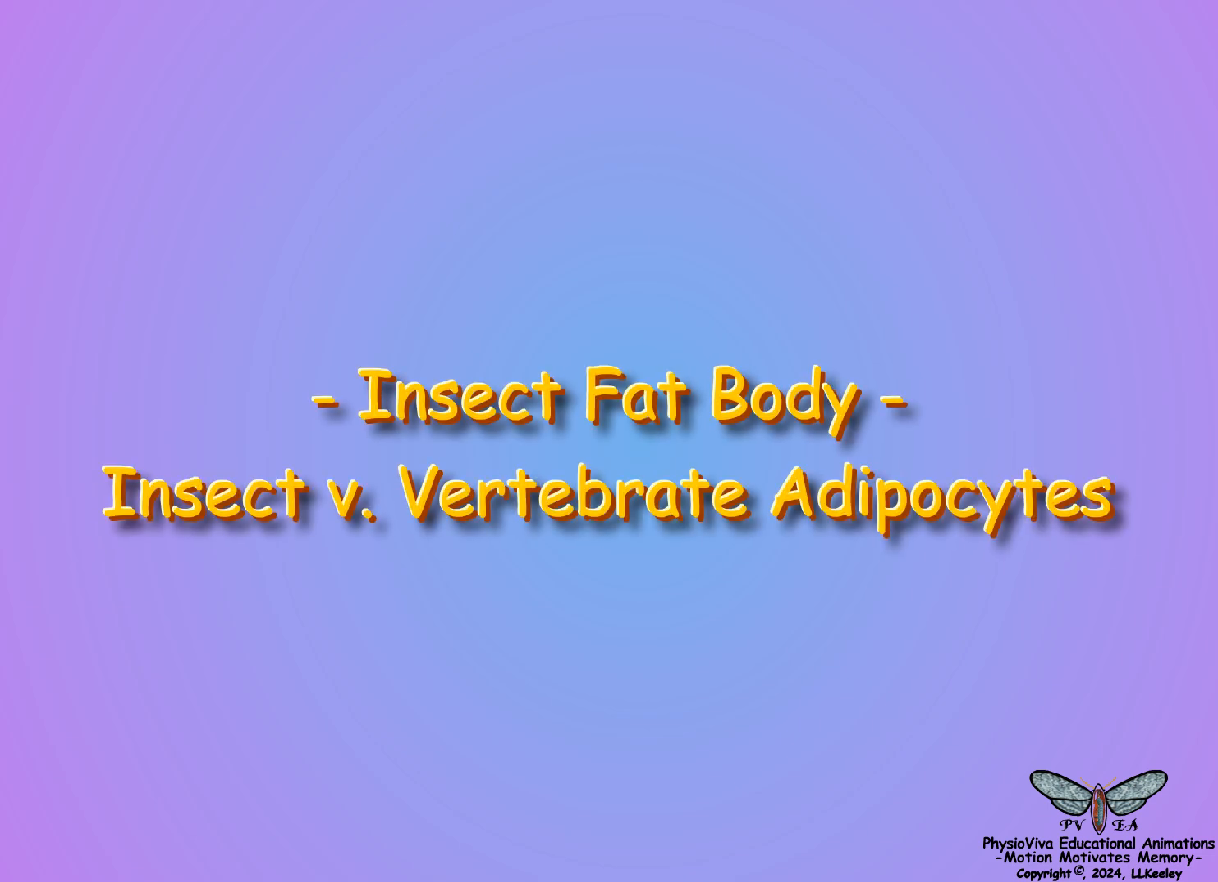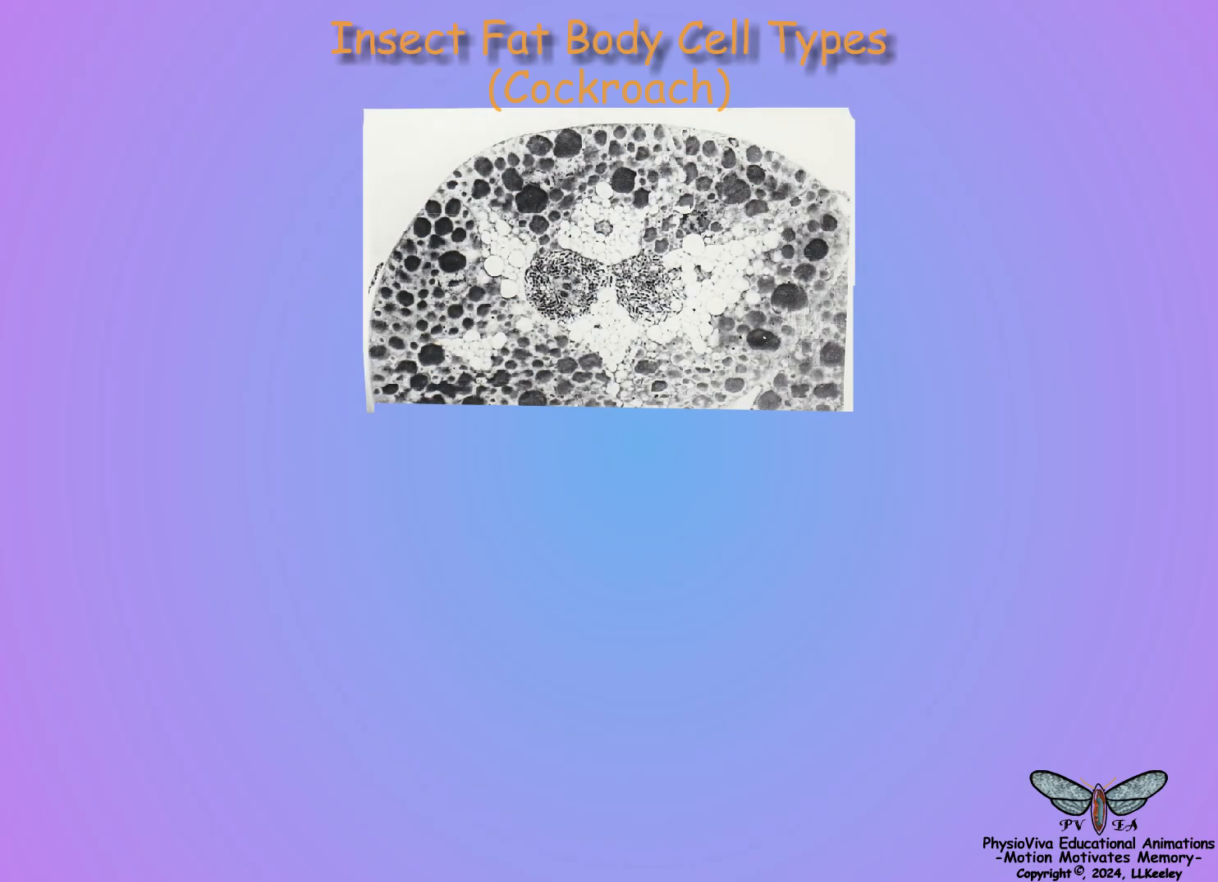This video will compare the structures and functions of insect fat body cells and vertebrate adipocytes. As discussed in Scene 1, the insect fat body serves a functional metabolic role similar to the vertebrate liver. There are three cell types in the insect fat body. Some early investigators initially termed the fat cells trophocytes, but they resemble in function the adipocytes of brown